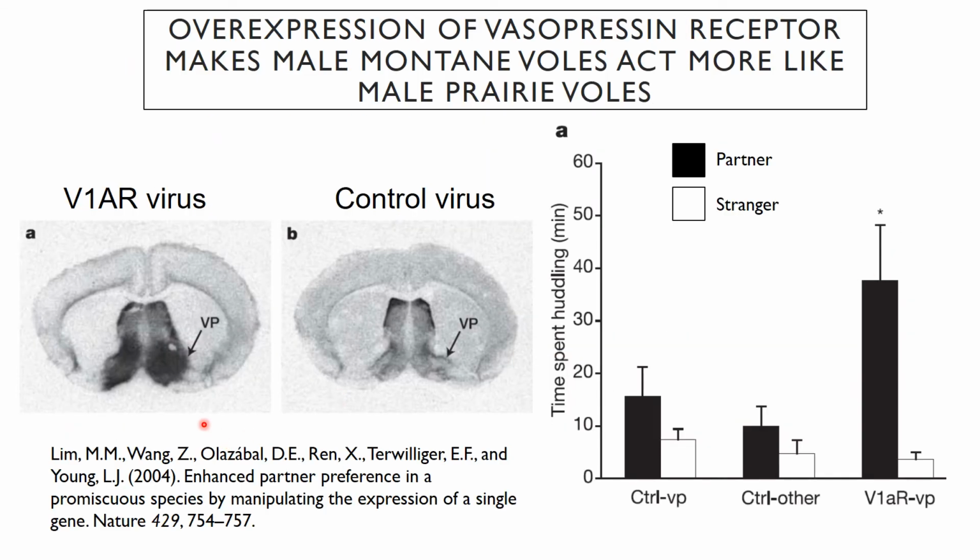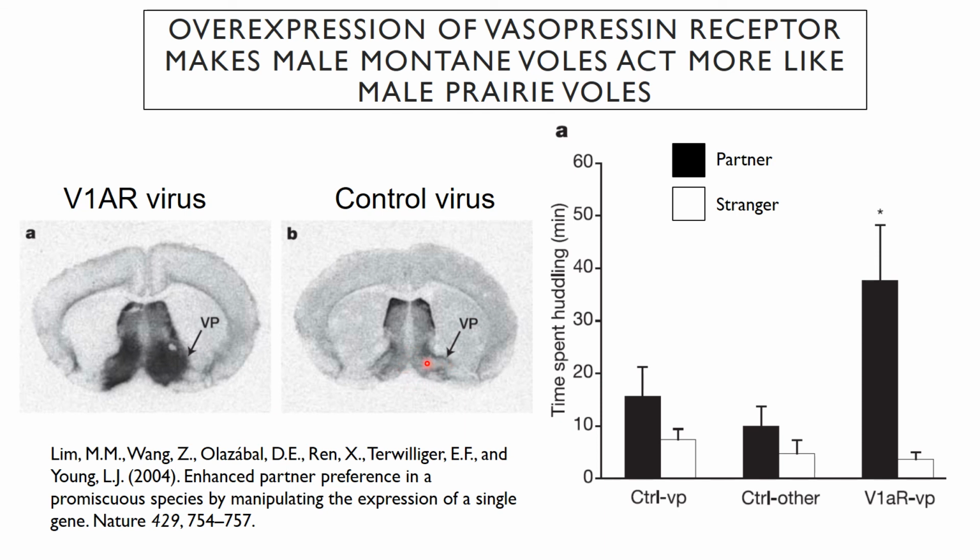What he did is that he injected a virus into the brains of montane voles that overexpressed the V1a receptor in this diagonal band that's down towards the ventral portion of the brain in the hypothalamus. So now he's made voles, these montane voles, look a lot like prairie voles by injecting this receptor. So he injects this virus with the receptor. Now all of a sudden they're expressing a lot more of the receptor in these same brain areas versus a control virus. You've got to do the controls right.